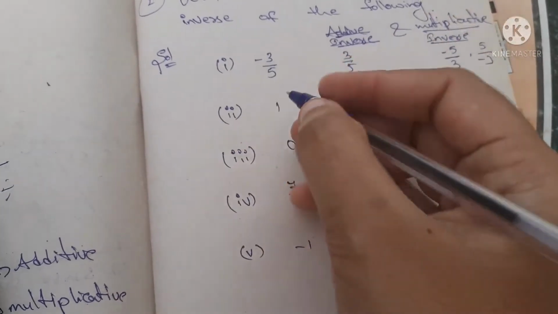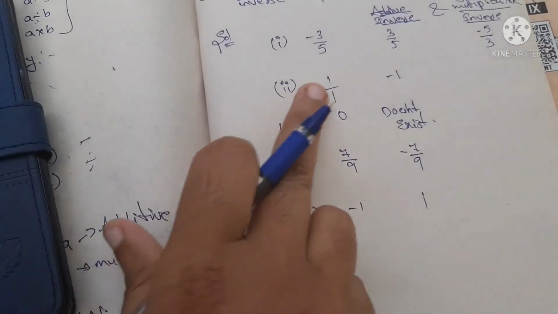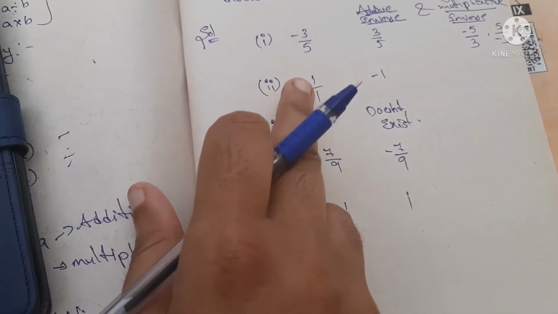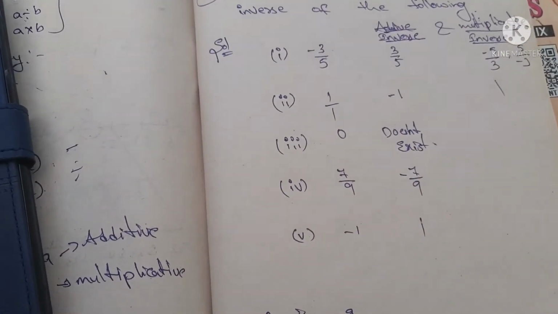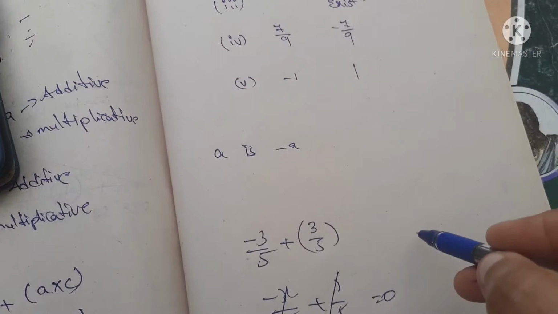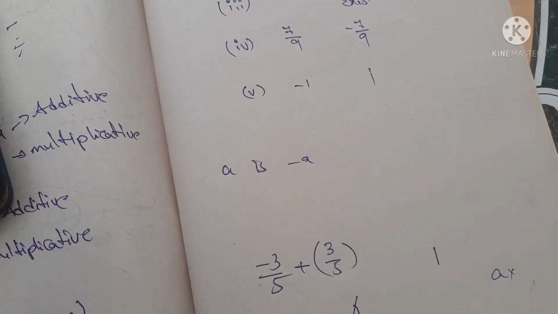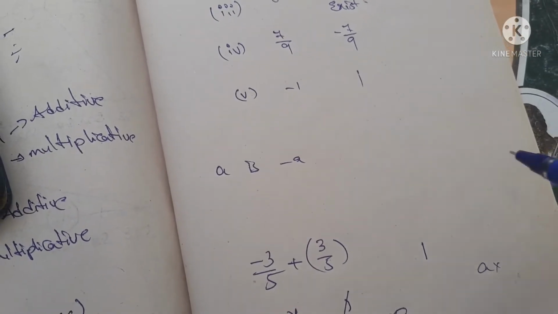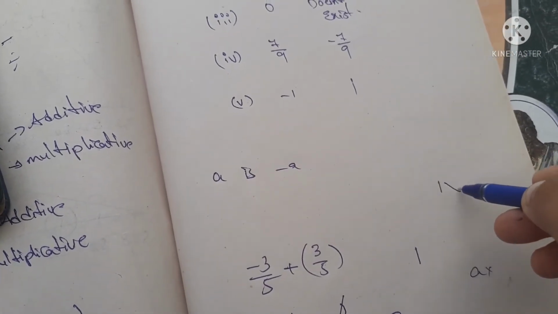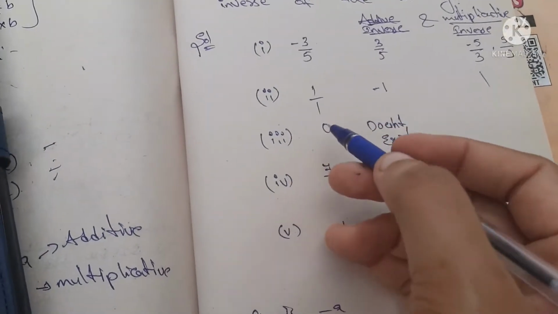So what is the multiplicative inverse of 1? Here what is the meaning of 1? That means 1 by 1. Yes. So here both numerator and denominator are the same. So the multiplicative inverse is also 1. So what is meant by multiplicative inverse? Multiplicative identity is 1. So for a given number, the number we multiply with to get the answer 1 is what is meant by multiplicative inverse. For example, 1 into 1. What is the answer? 1. Okay, is it clear?